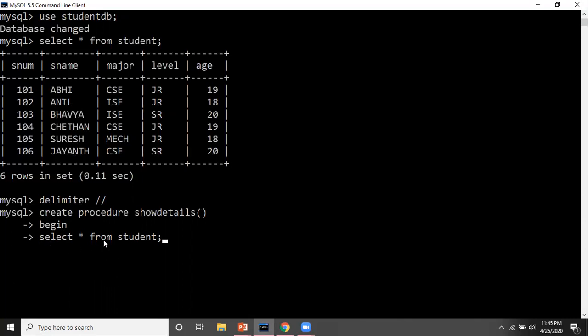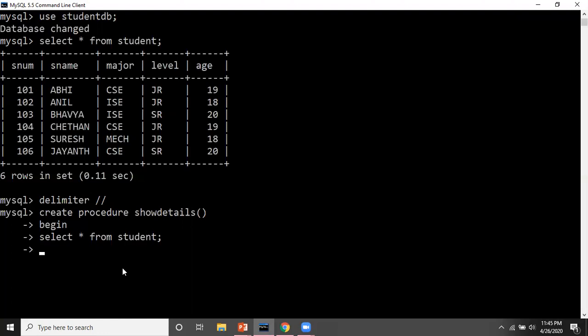So this I'm writing in the execution block, and for ending this statement, I'm using the default delimiter, which is a semicolon. But as you can see here, my program is not ending. Why? Because I changed the delimiter sign. If I had not changed the delimiter sign, instantly here I would have got errors, because my compiler would not understand what's happening. Without any proper ending, it will throw an error.